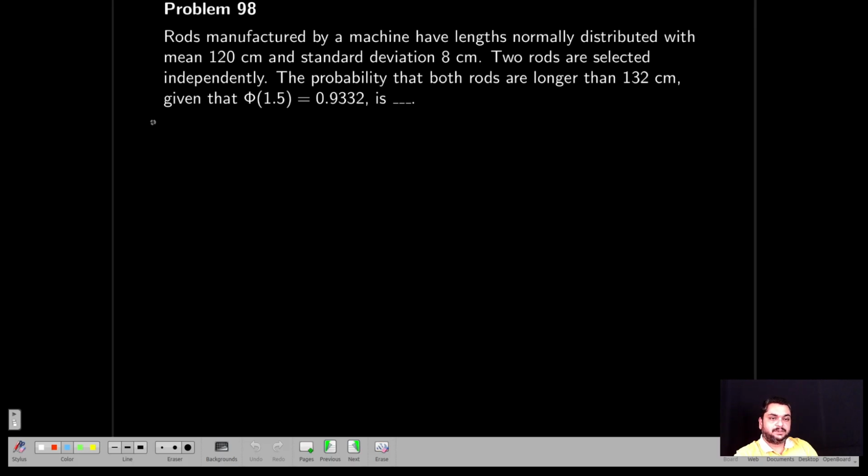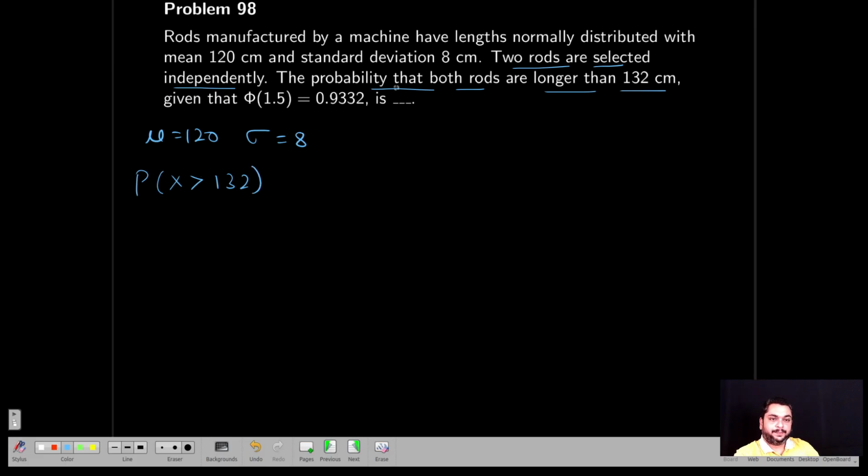Rods manufactured by machine have lengths normally distributed with mean 120 and standard deviation sigma equal to 8. Two rods are selected independently. Find the probability that both the rods are longer than 132 centimeters. So what are they asking? P of x greater than 132